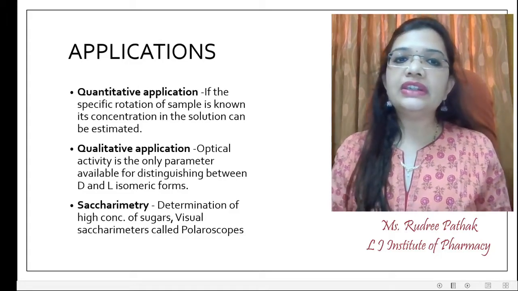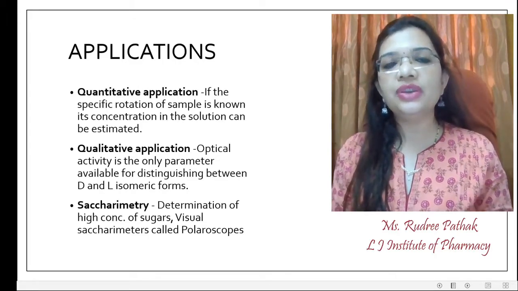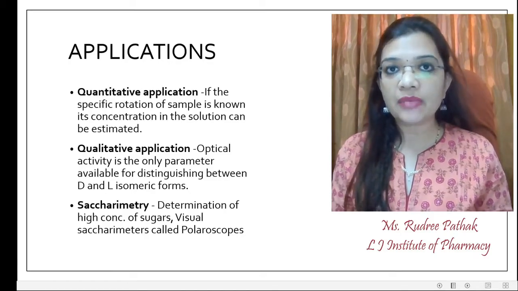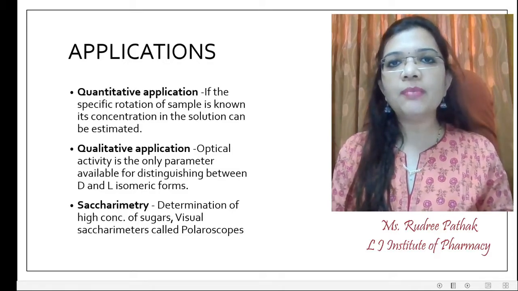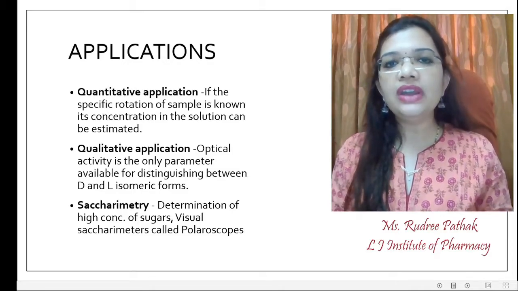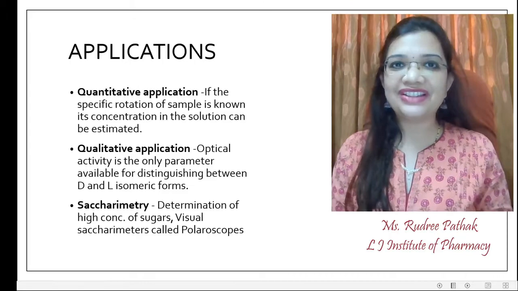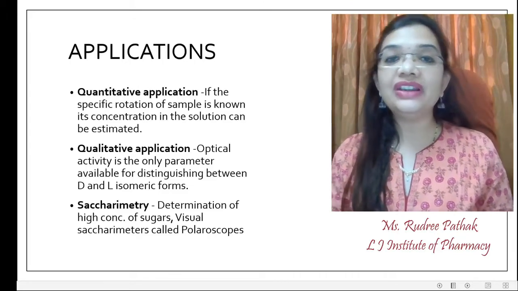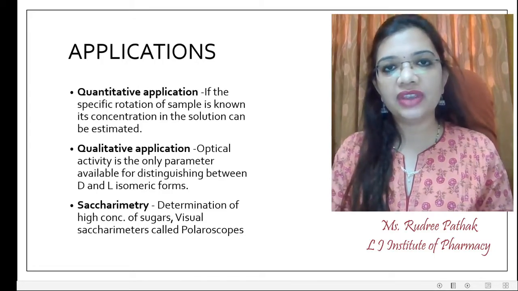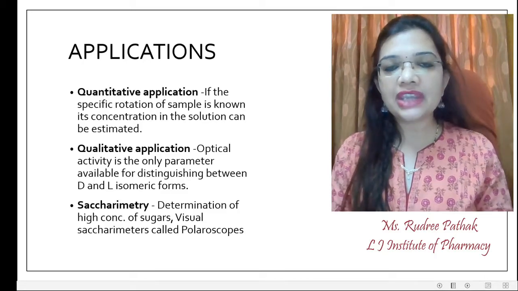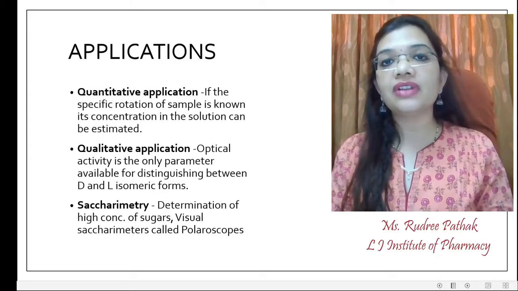Next is the qualitative application. We can always estimate whether the given sample solution is a dextrorotatory compound or a levorotatory compound. In simple language, whether that compound is rotating the plane polarized light to the right side or, sorry, to the left side, and that is known as qualitative application. That is done with the help of polarimeter itself. So when we try to estimate the type of isomer or the type of optically active compound,